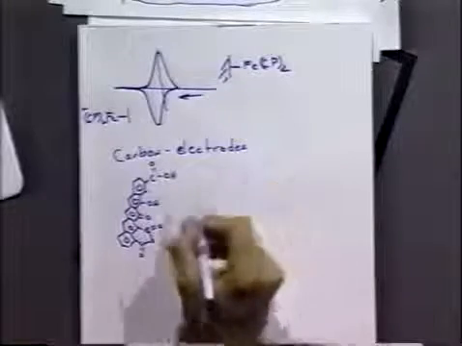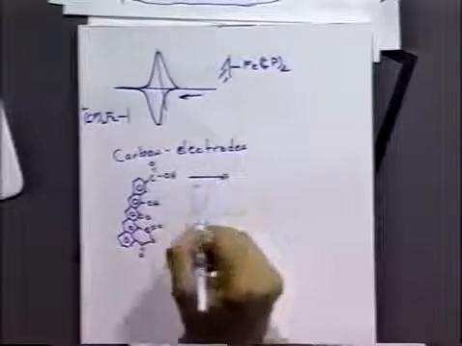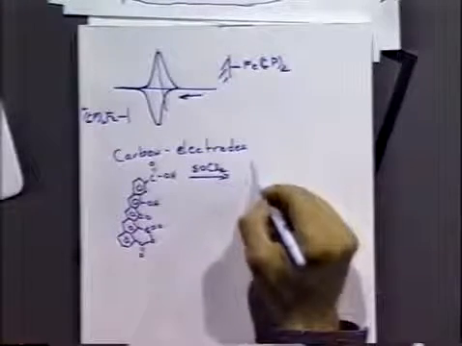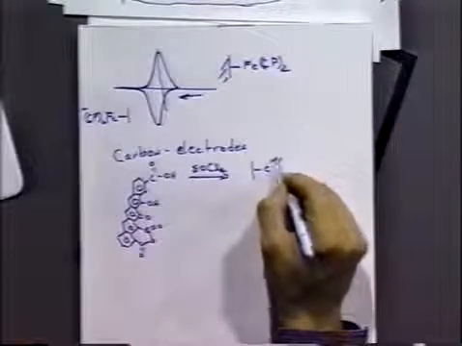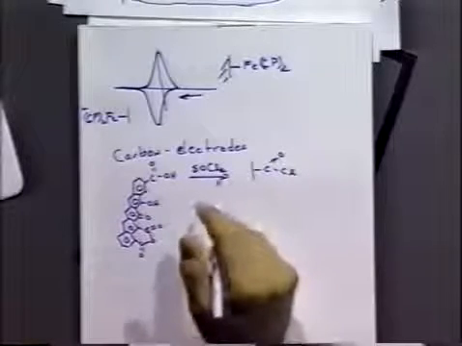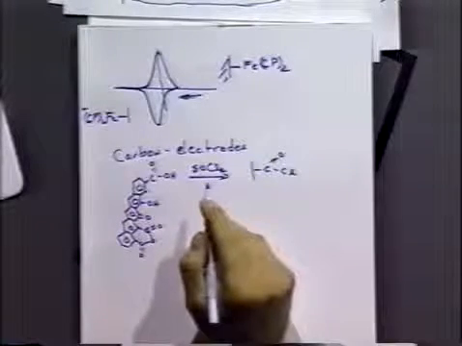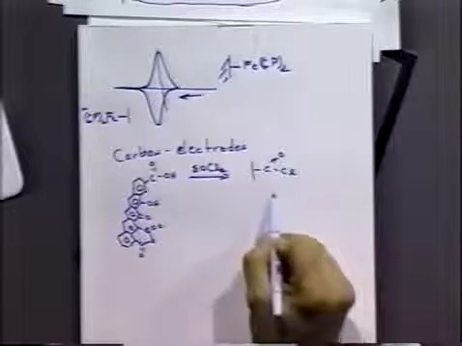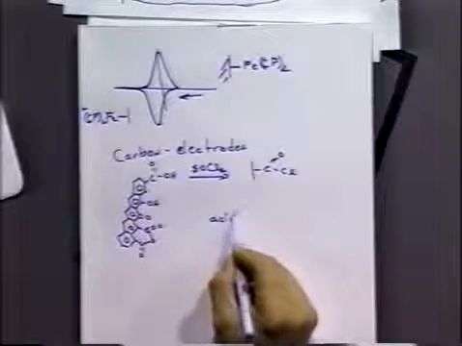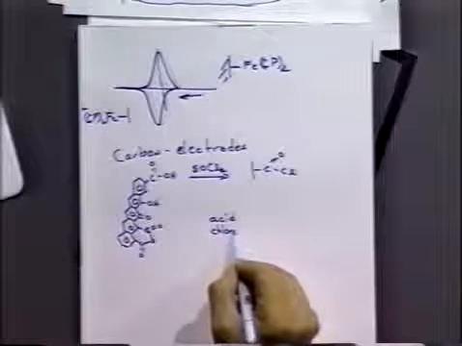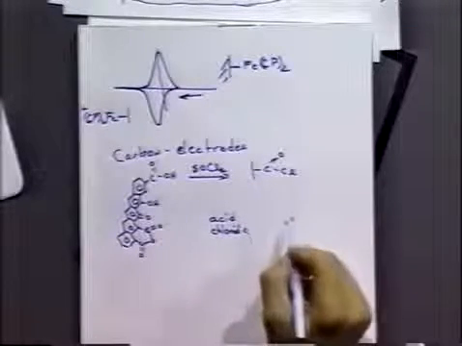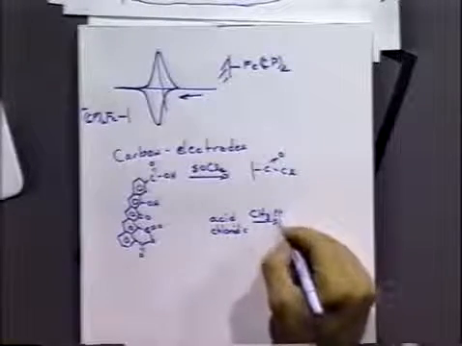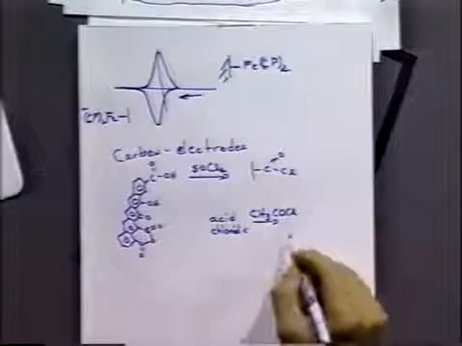And one example, if we took this particular part and we added thionyl chloride, you get an acid chloride, which now is able to be modified. If you take that acid chloride and you add something like CH3COCl, you get